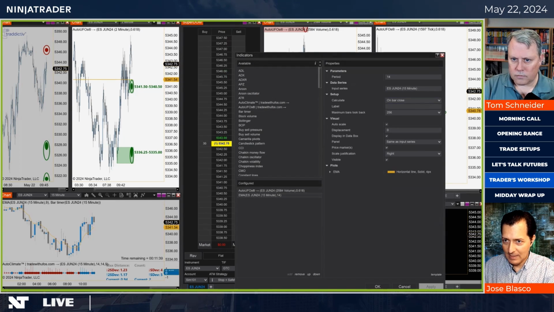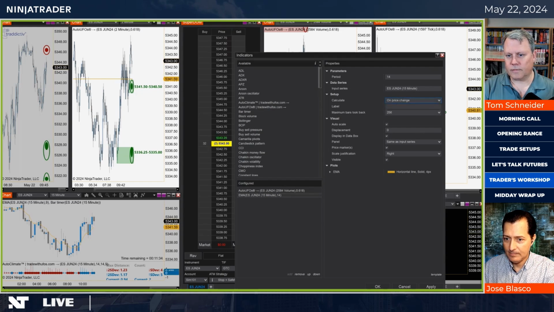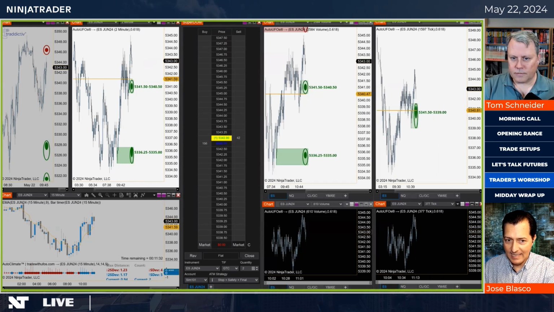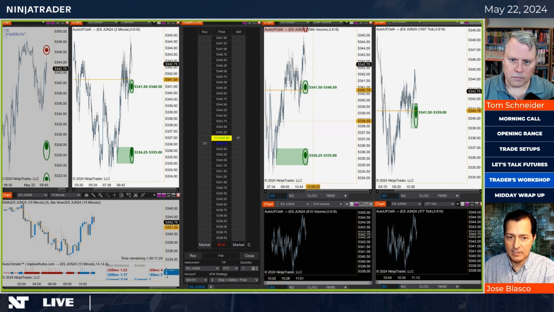Good one that I made a little mistake, because I have the calculation on bar close. I want the calculation on price change. So now that moving average is going to be dynamic. Here we go. And now you can see how that moving average is going to be pointing at the same price as the average I have on the